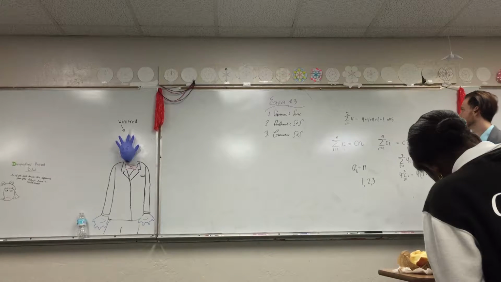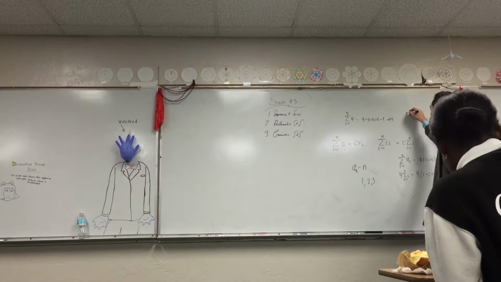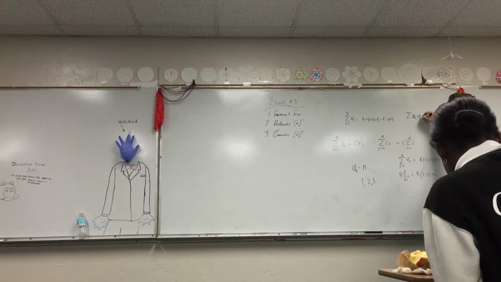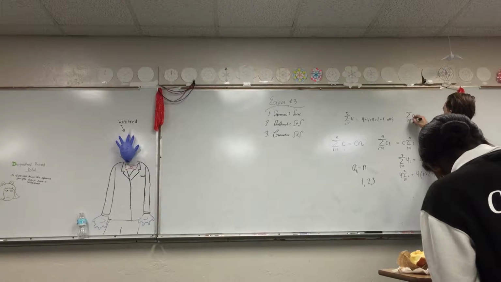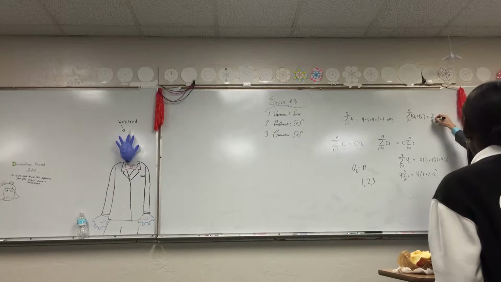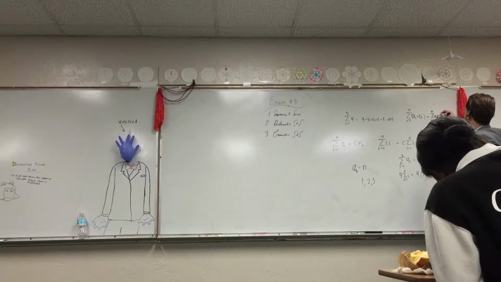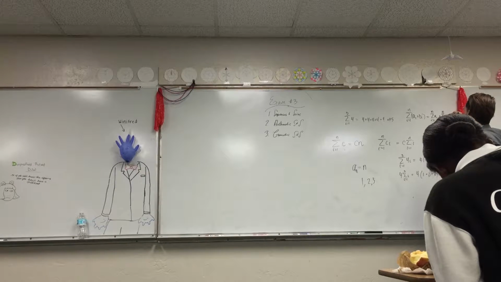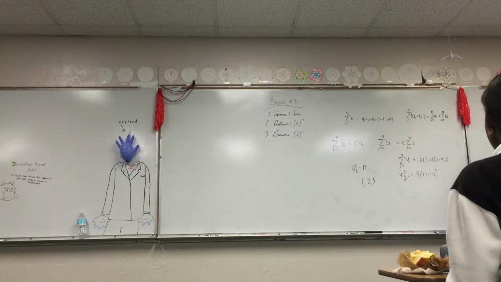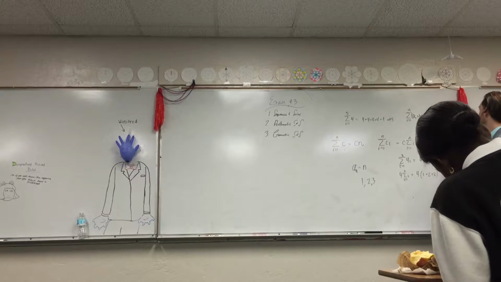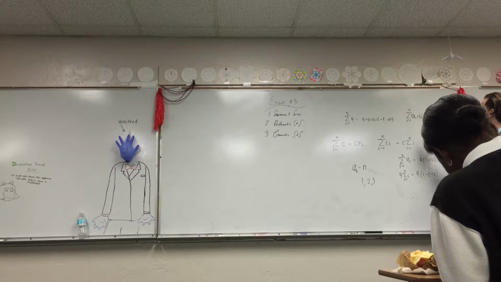I also have the sum of a_i plus b_i from i equals 1 to n is equal to the sum from i equals 1 to n of a_i plus the sum from i equals 1 to n of b_i, right? I can split them up, right? And the same is true for minus, plus or minus, it works both ways.